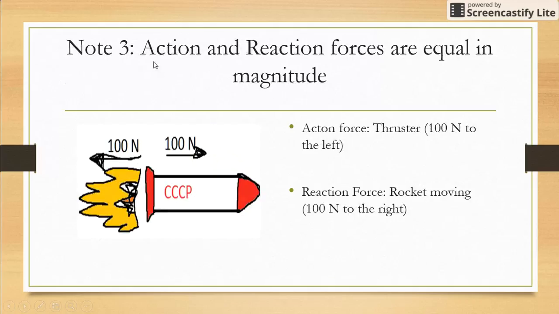Note number 3. Action and reaction forces are equal in magnitude. So I know that if my action force is my thruster that's giving me 100 newtons to the left, my reaction force is going to have to be the same force but going in the opposite direction. So if you ever see something shooting through the air, the action force goes left, but the reaction force pushes my object to the right, and it's the same